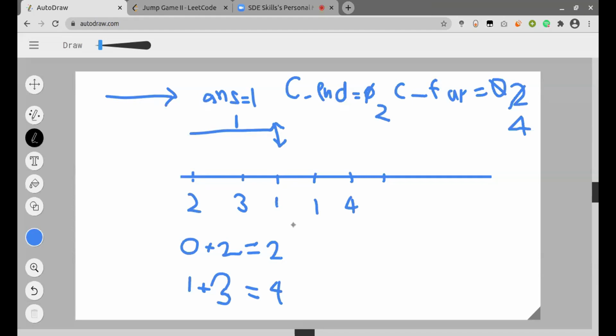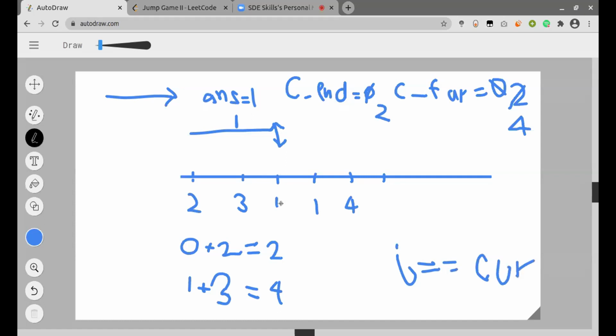So when I come to index 2, this current far will not be updated, since I can get from 2 plus 1 to 3 only. So this means that current far is still the fourth index, but the current index is 2 here. This means that I can reach till the second index in one step only, which is my answer. Whenever my ith pointer is equal to the current end, I'll just increment my final answer.